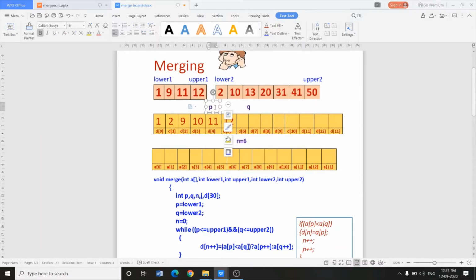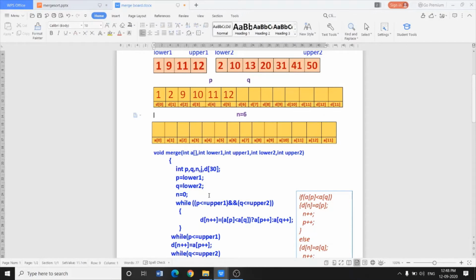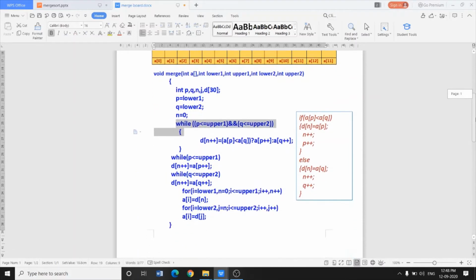Now what you have to do? Check this condition: while P less than equals to upper one and Q less than equal to upper two, then you can execute this line. But in this case, because P is greater than upper one, this while loop is false. So come to the next line of this while loop.